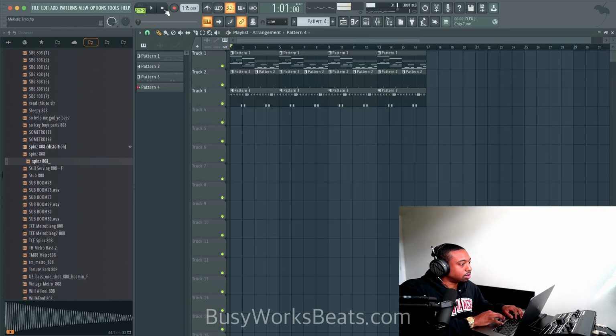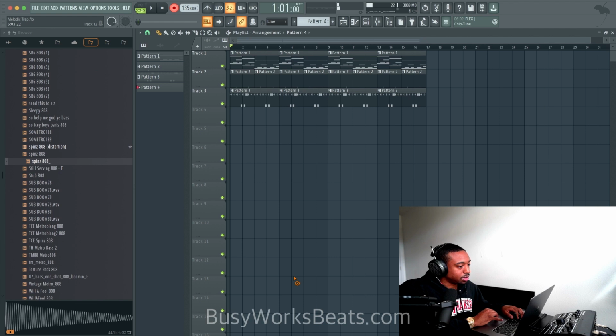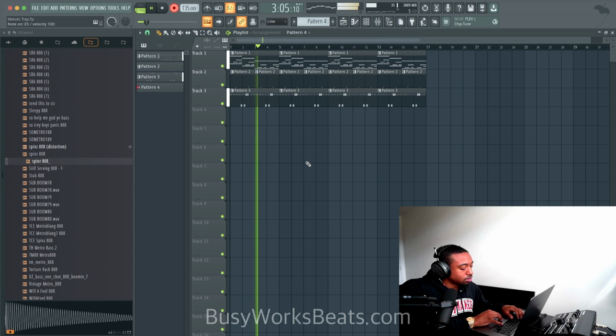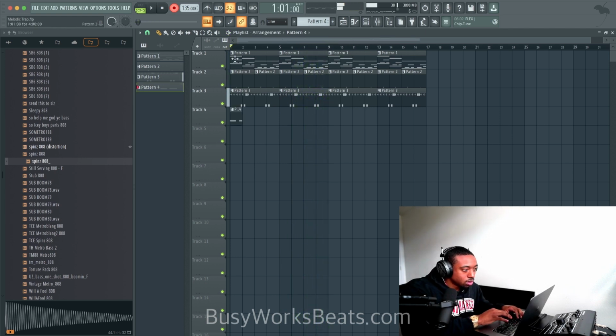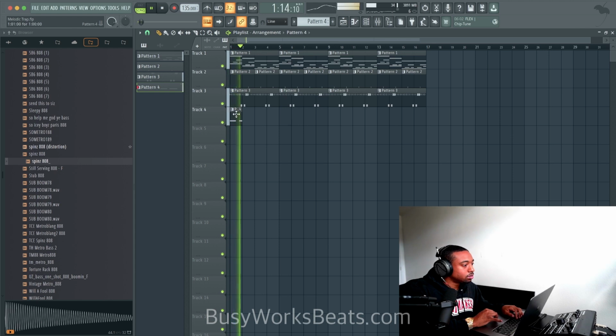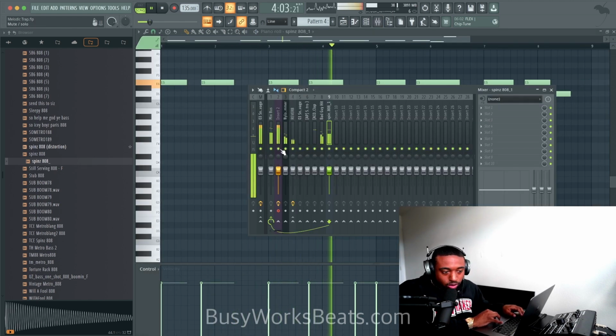Now I'm just going to play the rhythm and then we'll add the notes. Hit Control Q to quantize.